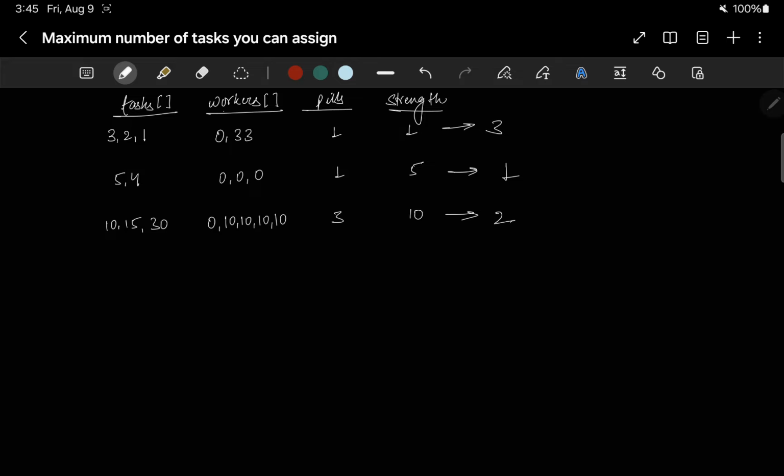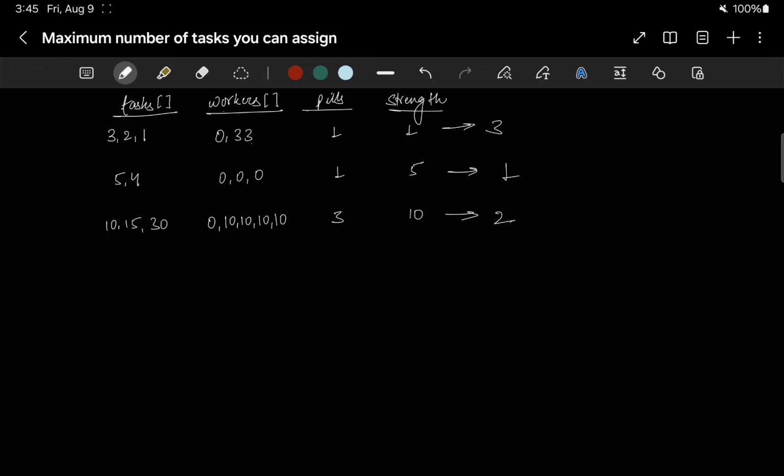So we need to be aware of that as well. So how can we solve this? One thing is that we can check all combinations, like if this 3 can be done by anyone, okay? Like this 3 can be done by this 3. This 2 can be done by this 3. Yes, this one can be done by this 0. Okay. This is a simple case, but let's say there are some other cases where you have to try all